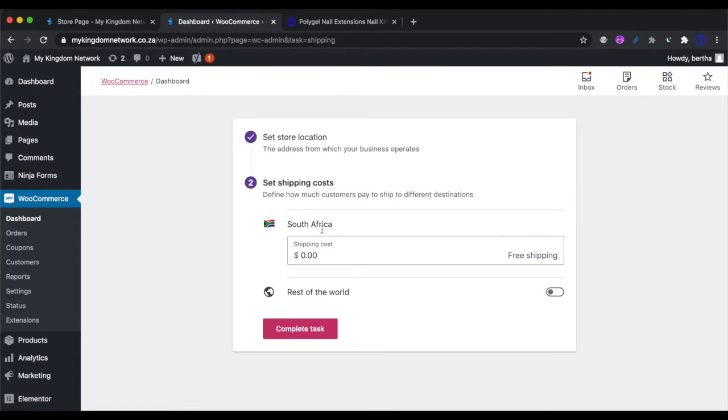You have two options when it comes to setting up shipping. The first one is to offer free shipping, but when you offer free shipping, you're actually finding a way to include the shipping cost in your product cost. So depending on what you're selling, you could offer free shipping, but then make sure you've accounted for the shipping cost some way. Or you could just set up shipping directly and clients will see the shipping cost separated from the product cost. Personally, I like to include the shipping cost separately so that people understand exactly what they're paying for when it comes to shipping. So I'm going to say,